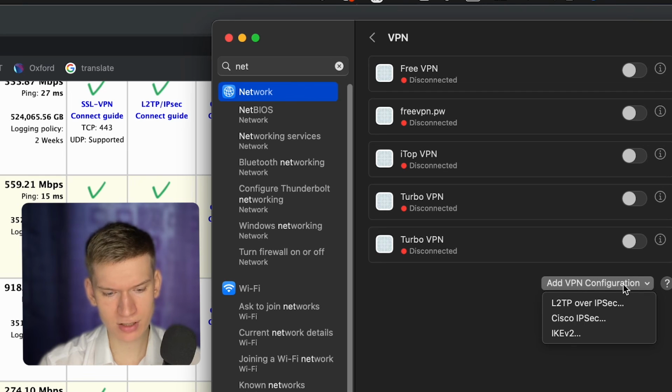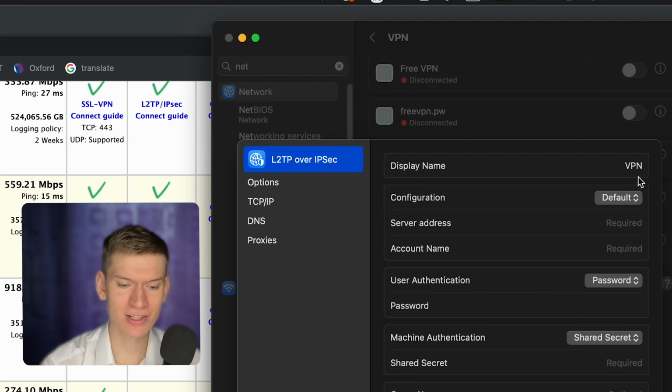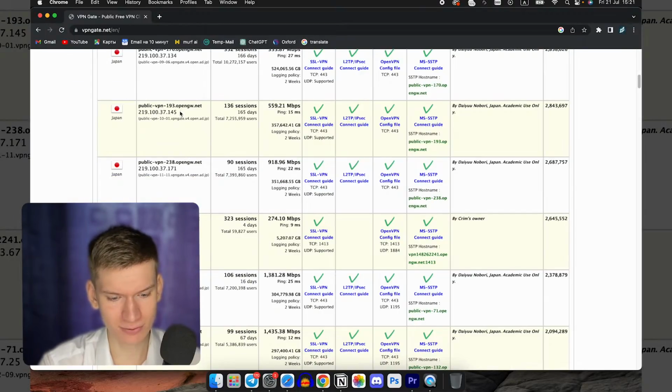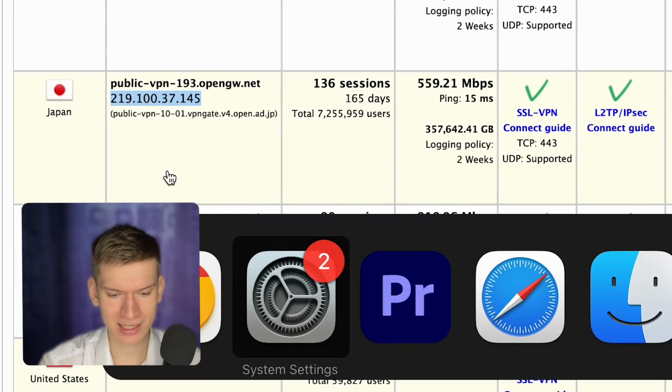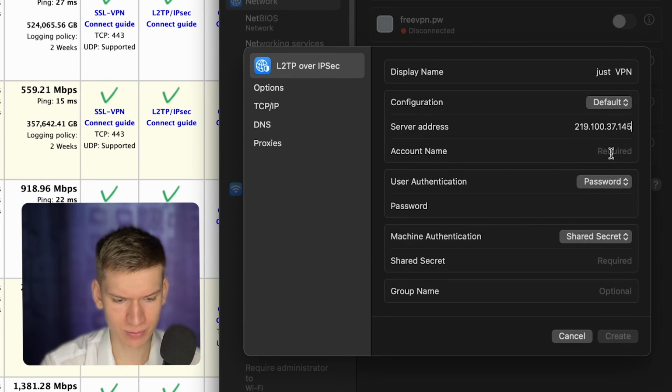Choose VPN as the interface and L2TP over IPsec as the VPN type. Give your connection a name like Just VPN. Grab the server address from VPNgate and paste it in the server field. For the account name, simply type VPN and in the authentication settings enter VPN for both the password and shared